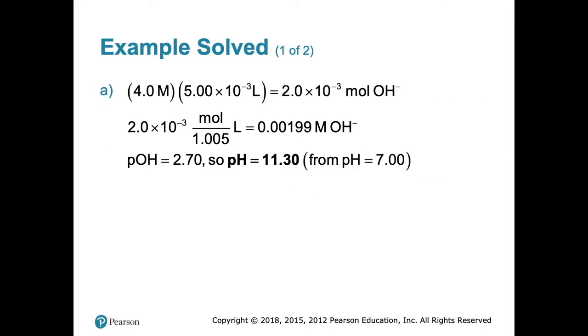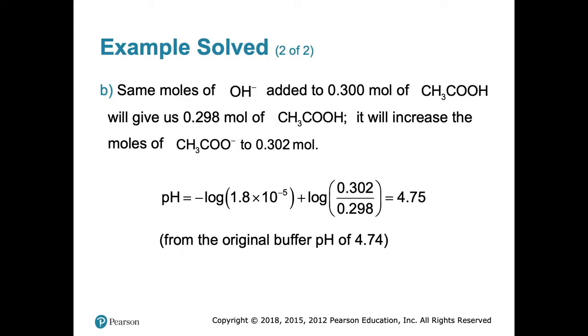Really easy. So remember, you had this number of moles, 0.002 moles of sodium hydroxide added right there. I got a little confused because it said 2 times 10 to the negative 3, but that's really just 0.002. So if you have that there, what happens is you lose 0.002 from the acetic acid and you gain 0.002 of the acetate, because the hydroxide pulled the protons off the acetic acid to make the acetate.